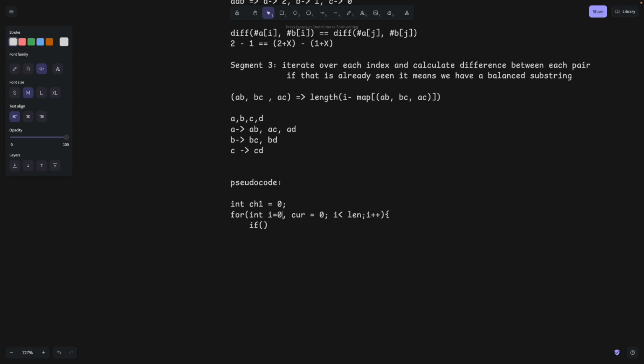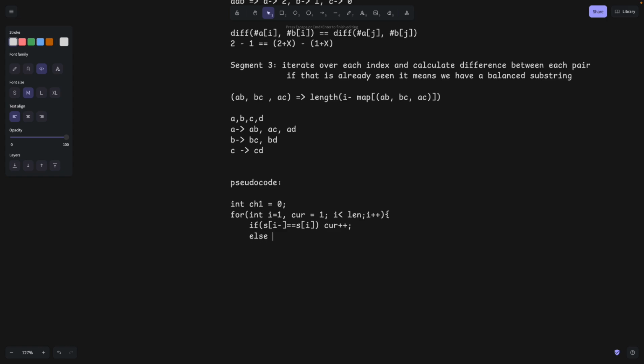Since we know that it is always going to be one character at least, let's start from one itself. If the previous one, so s of I minus 1, is equal to s of I, it means that we can increase the current counter itself. Otherwise,